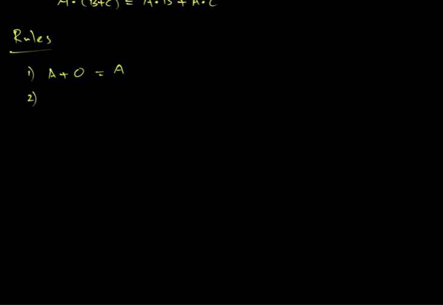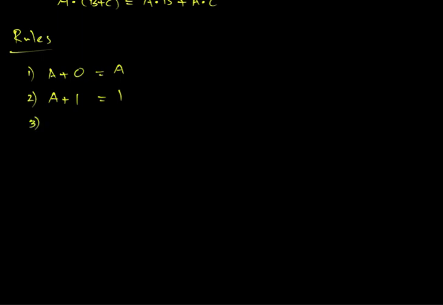The second one is, when a is ORed with 1, the result will always be 1. Irrespective of the value of a, we will get the result as 1. You can verify all these things by putting either 0 or 1 into the variable a. You can see the result, or you can reproduce the same results.